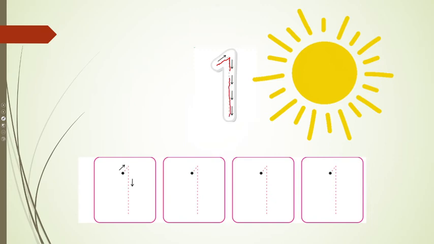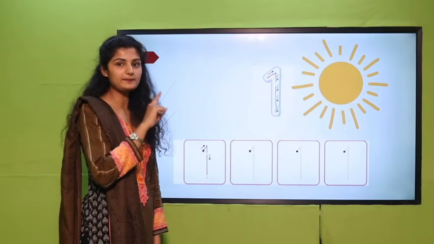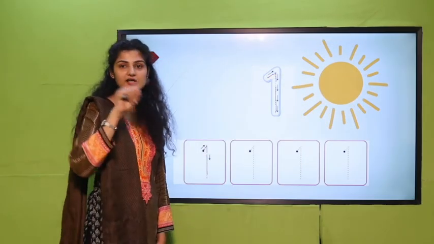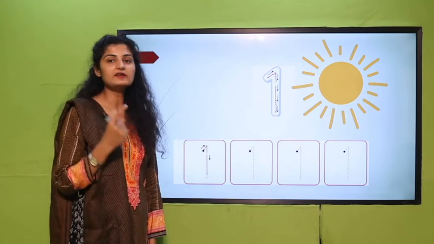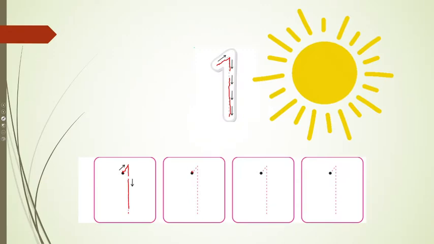There are more ones given on the screen. Slant upward, straight down. Just take your finger and trace all the ones you can see on your screen so that you can get the idea of how to make one. Okay? I am doing it with the pen. Slant upwards, come down straight. Slant upwards, come down straight. Slant upwards, come down straight.